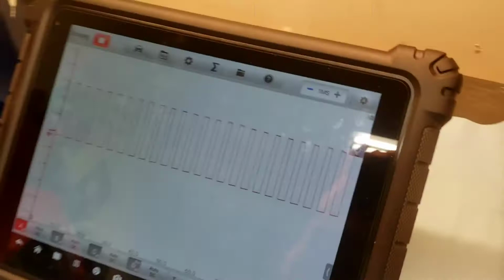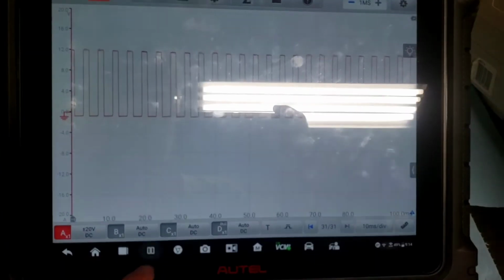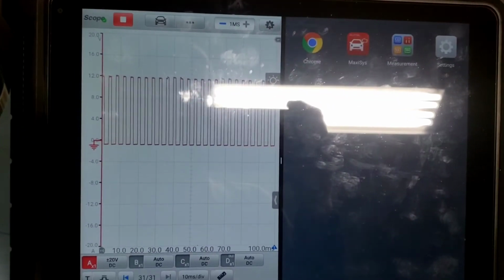Let me turn this light off. It's glaring bad. There's 40%. I'm going to hit 60%. I could do this on the Autel Ultra too. I could use a split screen, which is pretty cool. See that? You can do all that, but